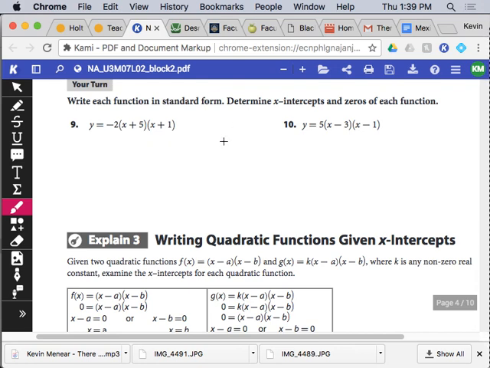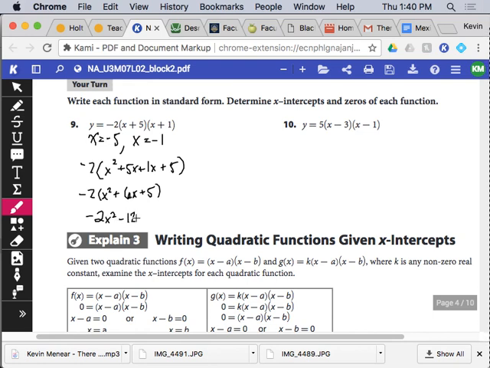So, first off, where are the zeros? -5 and x equals -1. Alright, so standard form, -2, FOIL it out: x squared plus 5x plus 1x plus 5. -2 times x squared plus 6x plus 5, or -2x squared minus 12x minus 10. Okay? You see? And then I'm not going to go forward and put this in standard form, but the zeros,